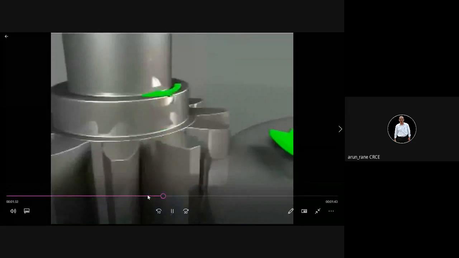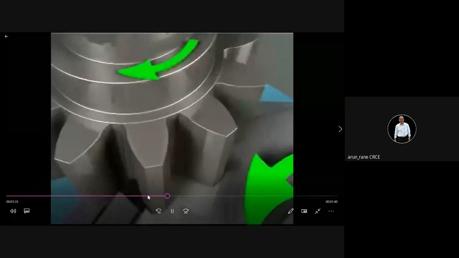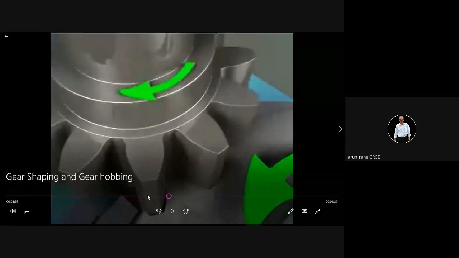Now this is your gear shaping. In gear shaping, this is what is called the gear generating principle. Here also this is your cutter, which is nothing but the master gear, and this is your gear blank. So the gear cutter as well as the blank are both rotating. Then the gear cutter moves up and down. That is what is called the reciprocating motion, and at the same time it is fed in also, because it has to take the complete depth of cut.